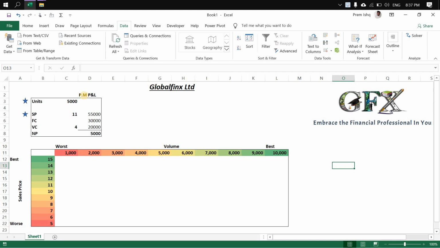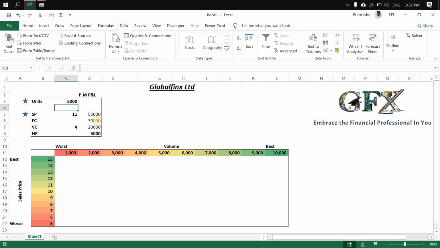A company wishes to start its own operations and sell its product into the market, but it doesn't know how many units of products it is going to sell in each month, and also it doesn't know what sales price to be fixed considering various sales volumes. And talking about cost perspective, an amount of 30,000 is supposed to be incurred as a fixed cost per month, and also a variable cost of 4 rupees per unit is supposed to be incurred.